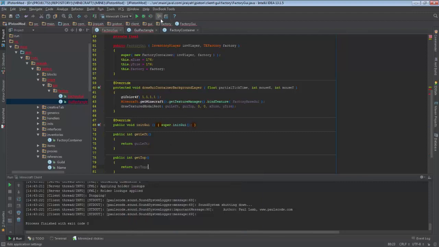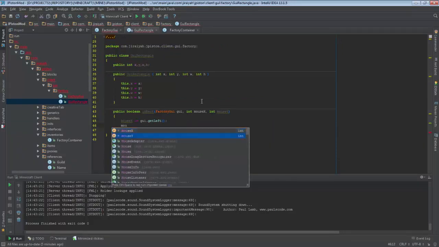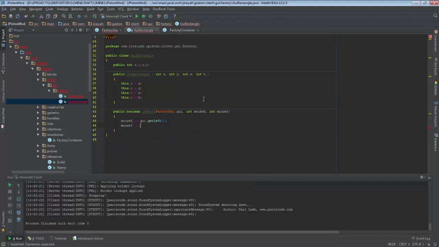We don't have access to that otherwise, and here we say GUI dot getLeft and mouseY minus equals to GUI dot getTop. Okay. Why am I doing it? Because I don't want to send GUI left and GUI top each time I'm calling inRect. Now, remember I have tabs on both sides of the GUI. So I will define a side and we say if side